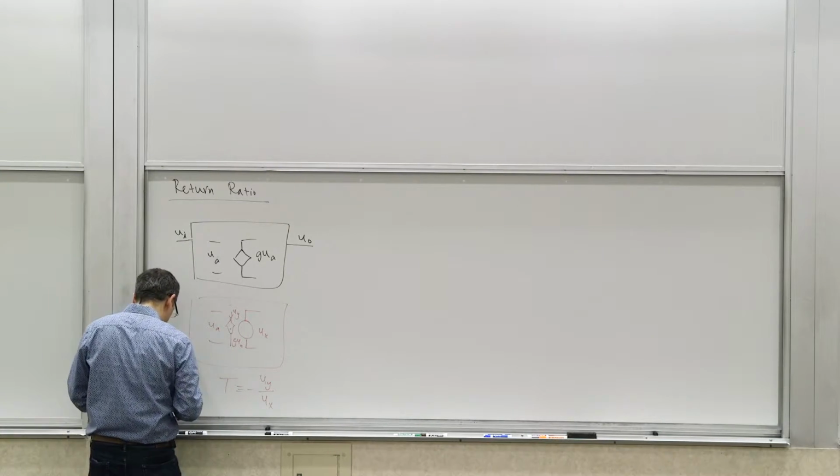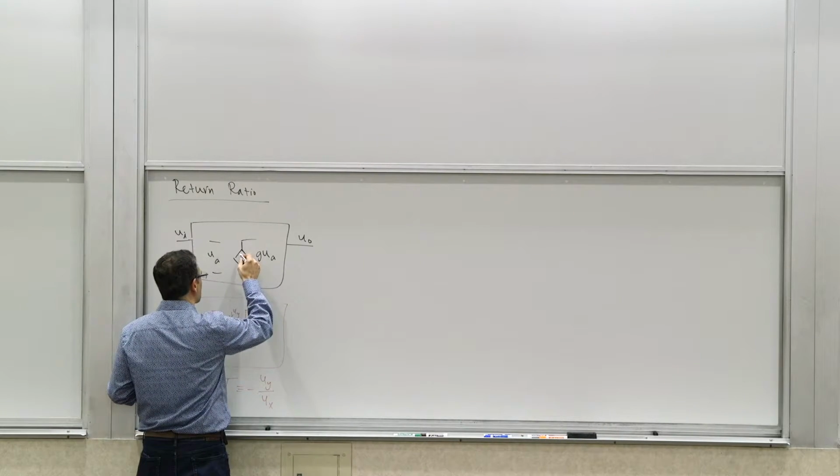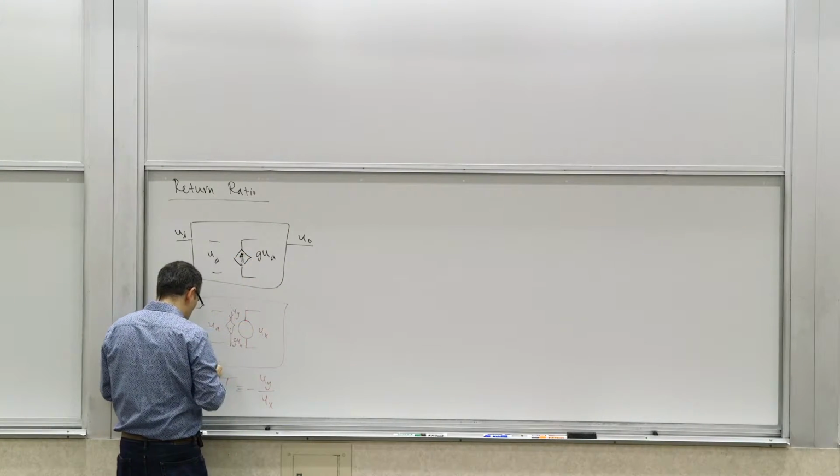So what do we mean by this? Again, let me just repeat. So let's do a more specific example. Let's say this is a current source. This is a current source. It says,